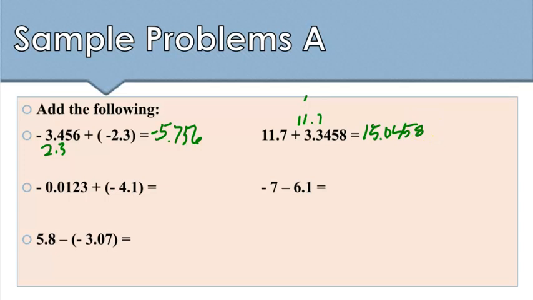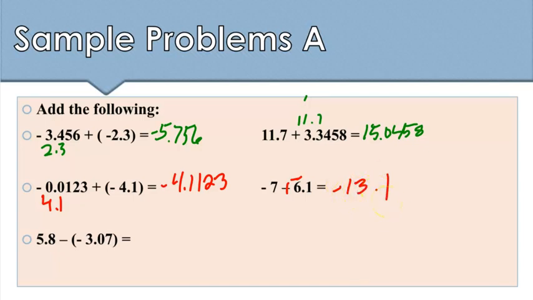Next, here both numbers are negative, so I'm just going to be adding them together. So I got 4.1 here. So when I add them together, it's going to give us a negative 4.1123. Next, negative 7 minus 6.1. Now it looks like we're subtracting, but since the first number is negative, I'm really adding the opposite. So I'm really adding two negative numbers, which is going to give us a negative